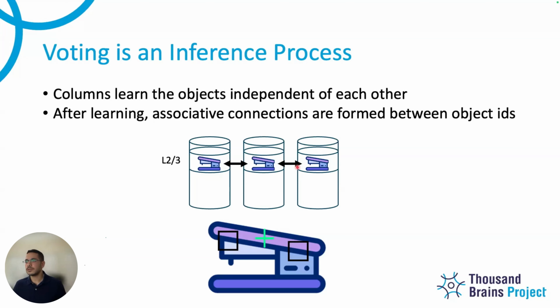Okay. And I guess, wouldn't we be forming associative connections during learning? Yeah, we first have to realize that they are sensing an object. But the question is, when does the unique ID form in layers 2 and 3? If it occurs right from the start, then they could be voting from the start, which I think is an interesting angle to think about.